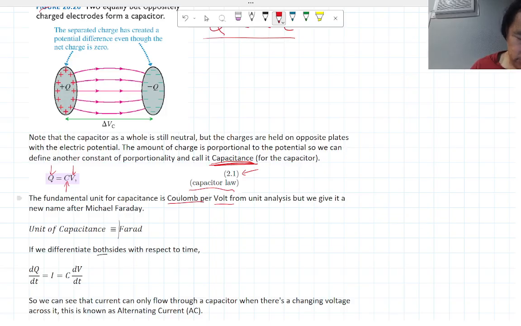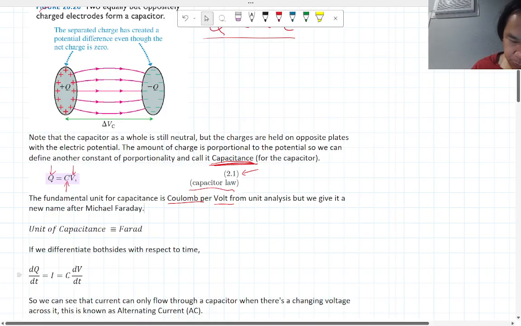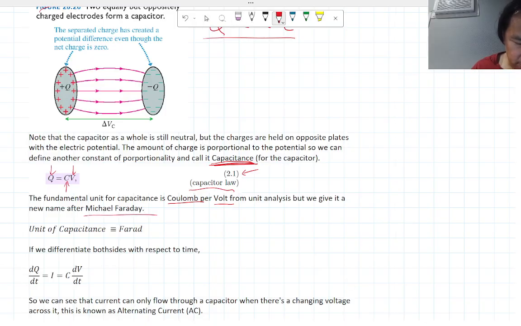But we're going to make up a new name for it and name it after Michael Faraday, called a farad. So the unit of capacitance, the farad, if you go down to the base units, is a coulomb per volt. Okay,